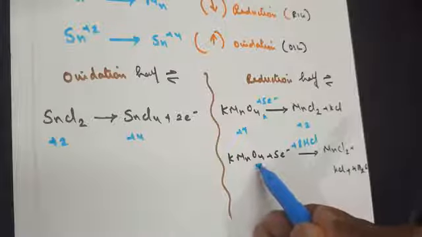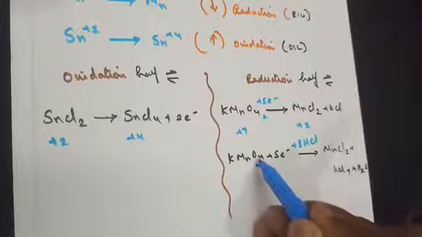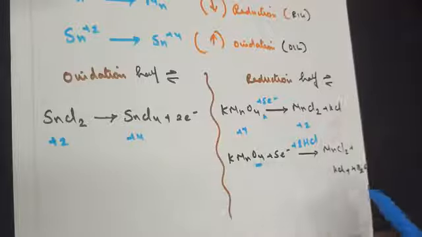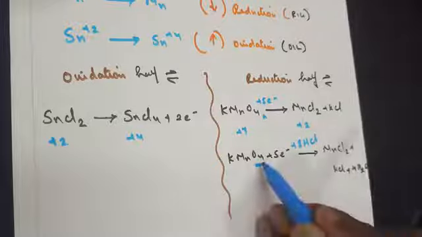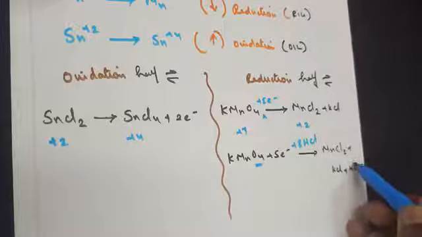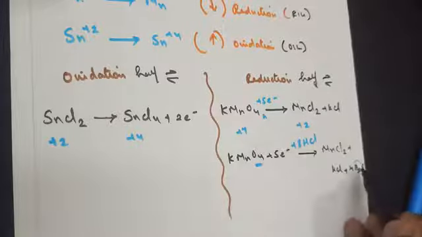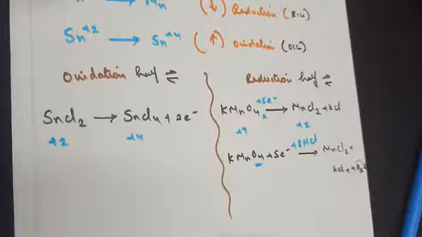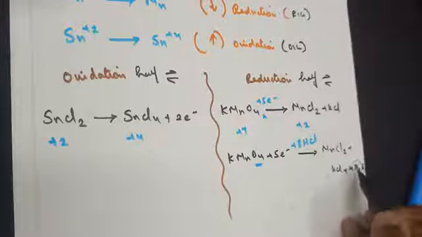Look at the number of times oxygen is present. So 4 oxygen is present, hence you will add 4 water molecules. If 7 oxygen is present, you will add 7 water molecules. So this 4 is common for oxygen. So in both the cases oxygen is balanced. Next we come back to hydrogen.